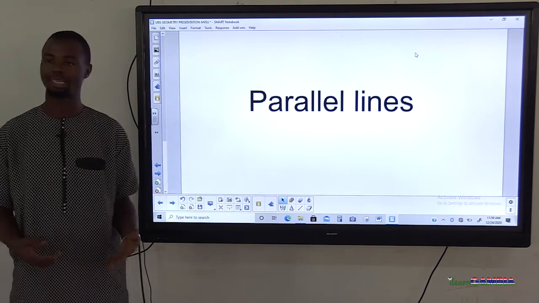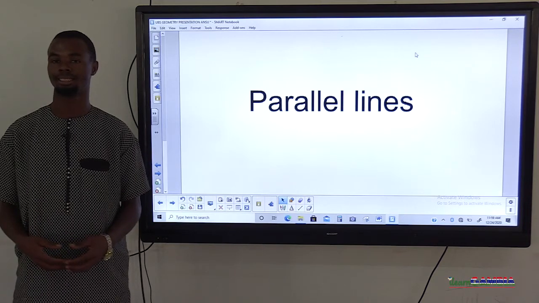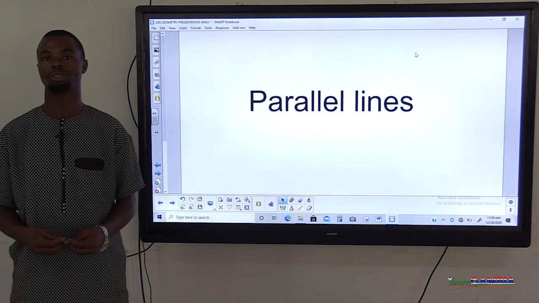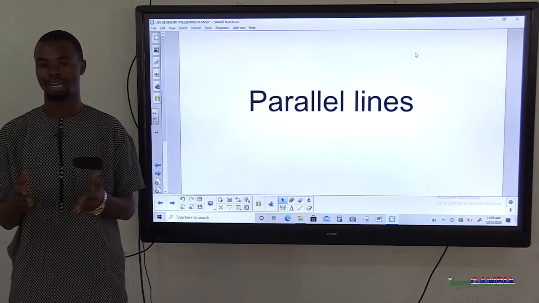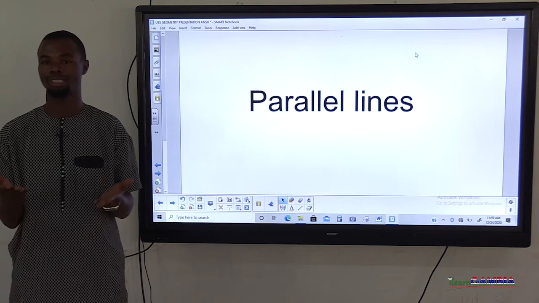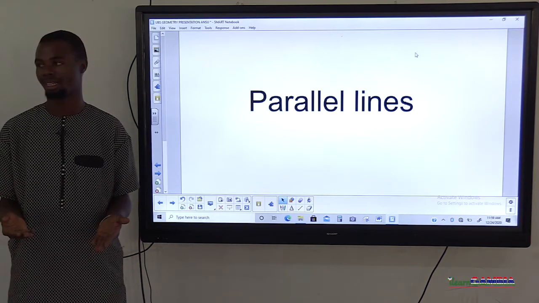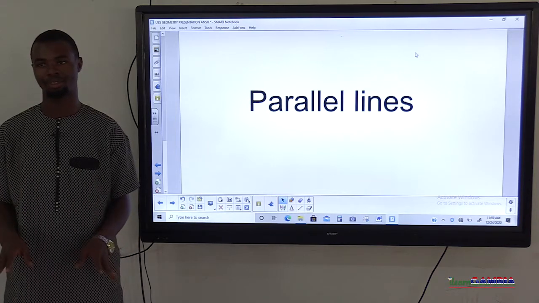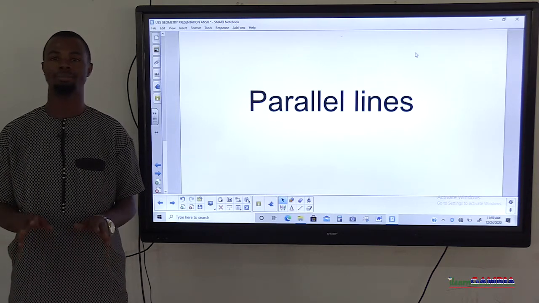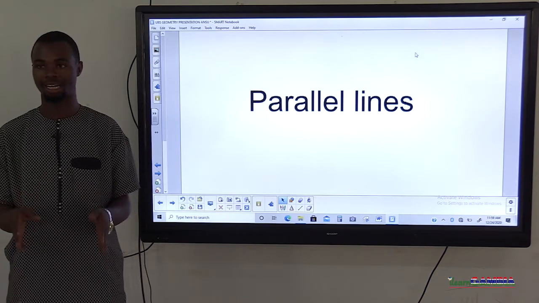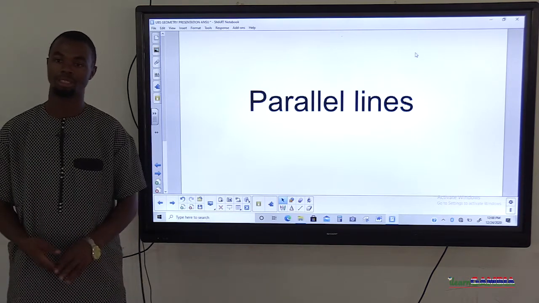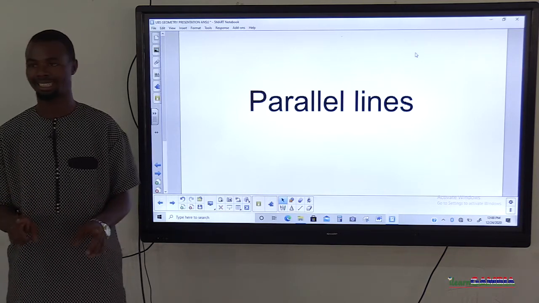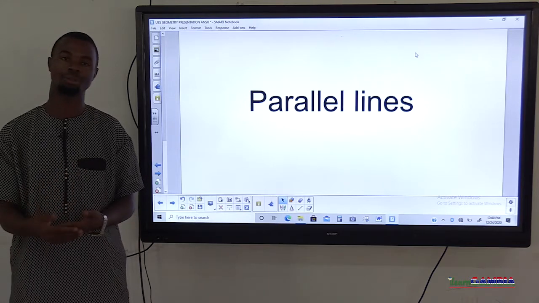So parallel lines, what are parallel lines? When lines are parallel, what do you understand from the word parallel? These are lines that move in the same direction and the distance apart is always the same. Or you could say lines that never meet on the same plane and move in the same direction. If they are on the same plane, moving in the same direction, and the distance apart is constant throughout, these